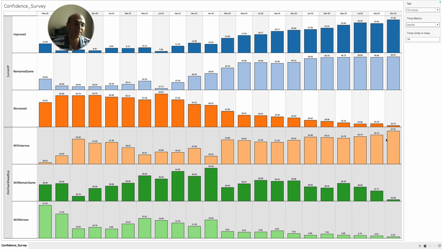And people believe that going forward it will improve. So look, it clearly demonstrates that the population who have been surveyed have a very positive perception about the economy as far as their income is concerned. The only concern they have is that inflation is not getting contained and is not likely to get contained. But income is going to improve, which is a very interesting outcome of this survey.